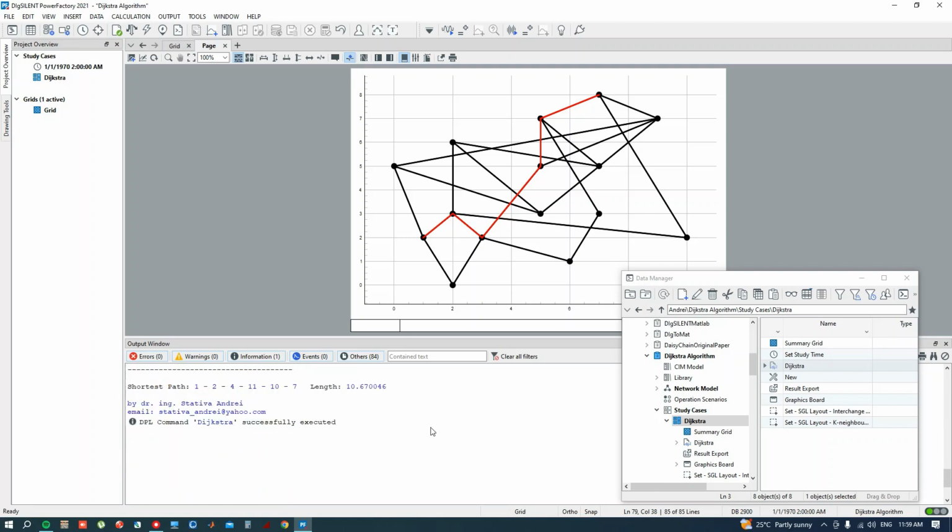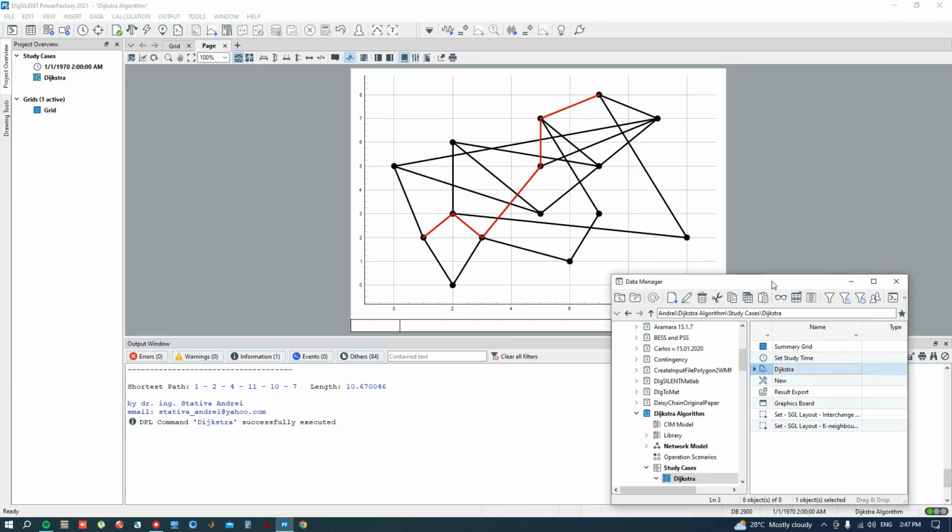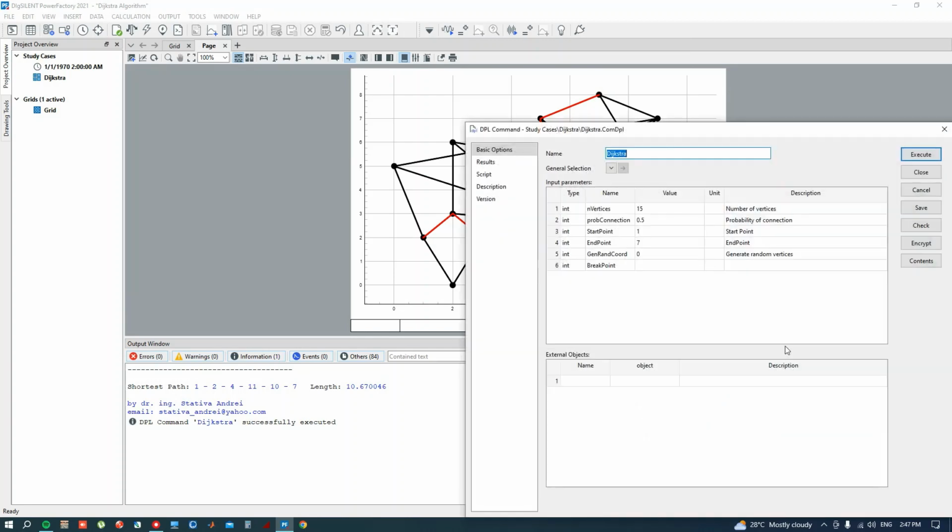Now we are going to run it several times, step by step, in order to see how we got this shortest path. First, let's present the matrices that are behind the algorithm. But first of all, I introduce another variable, breakpoint. I'm going to show you what this does